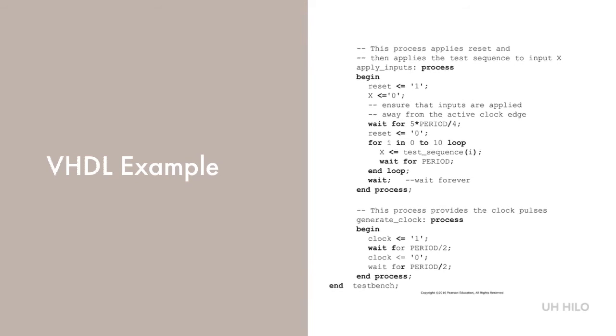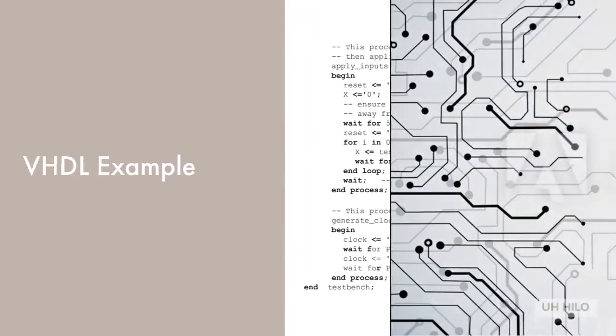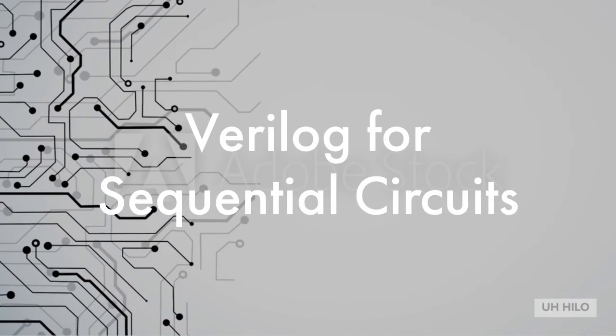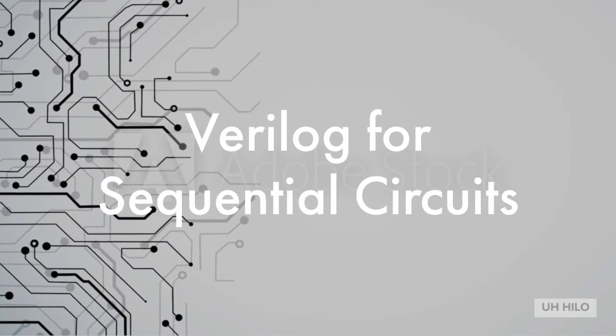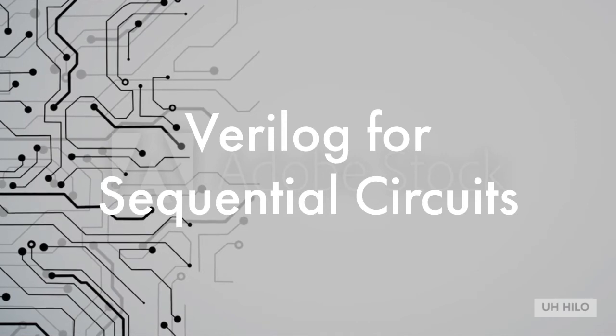It's also possible for the user to specify explicitly the state assignment. This can be done in VHDL by using an enumeration type. Verilog can describe storage elements in sequential circuits. In the coming slides, we'll see how this works for the same examples of the positive edge trigger D flip-flop